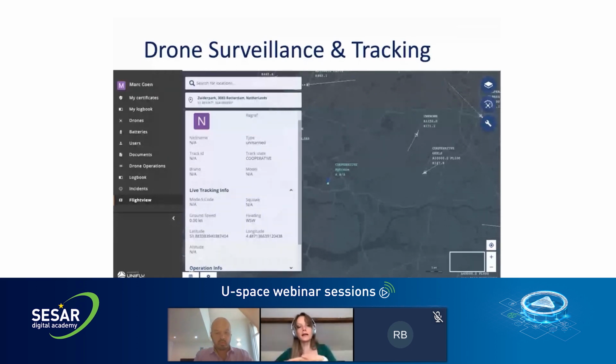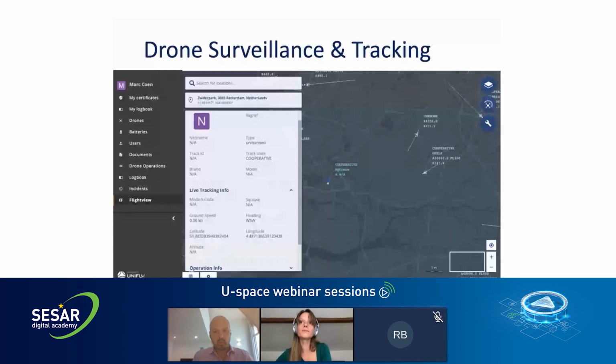So in other words, rather than having separate screens, the system makes it possible to have just one screen that combines the data from these various sources. So if Avalent is picking up a drone in location XYZ, and we also have a tracker in location XYZ, then the system will calculate if this is actually the same drone that we're talking about and merge this data. So as you can see on the screen, we have a couple of cooperative drones. We also have a couple of unknowns. So these are non-cooperative drones. However, if we click on them, it is very well possible that there is an operation connected there. So we still know